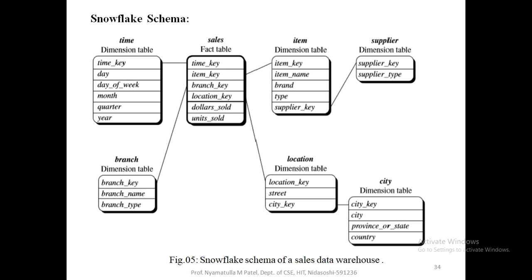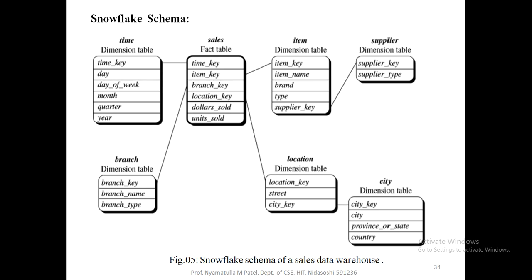Okay, so here also, if we can go for the location, it is also normalized. So the location dimension table has location key, street and city key, and the city, province or state are again normalized into a city dimension table. So that single dimension table for location in the star schema can be normalized into two new tables,